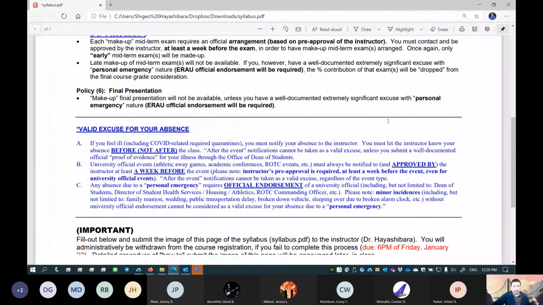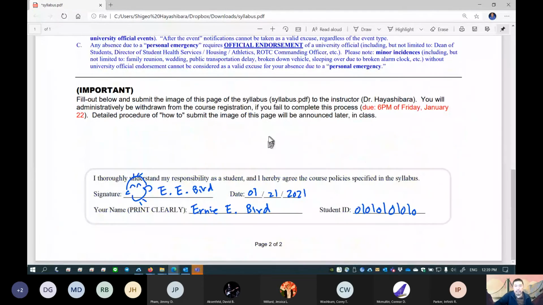Ernie, the engineering bird, needs to sign. You know, I'm using this device. Okay, I'm using a tablet and this pen. But if you don't have such a thing, that's okay. I would actually recommend the traditional way. Traditional way is download this PDF file and then print it out on a piece of paper. Then, of course, pick up a pen or pencil just to fill in this portion.